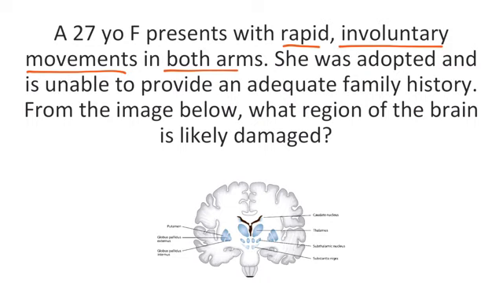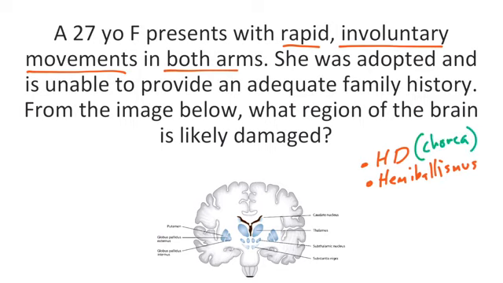So with these symptoms, and given the fact that we know because of the question stem that our patient has something wrong with the basal ganglia, we should be thinking of one of two things. First, Huntington's disease, and second, hemiballismus. The rapid involuntary movements should make you think of the chorea in Huntington's disease. So since we are thinking about Huntington's disease, we would think that the striatum is damaged, so the caudate and